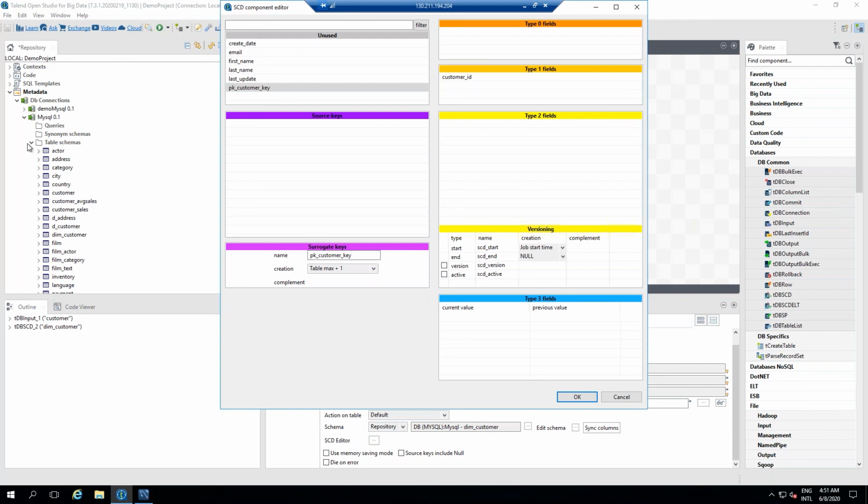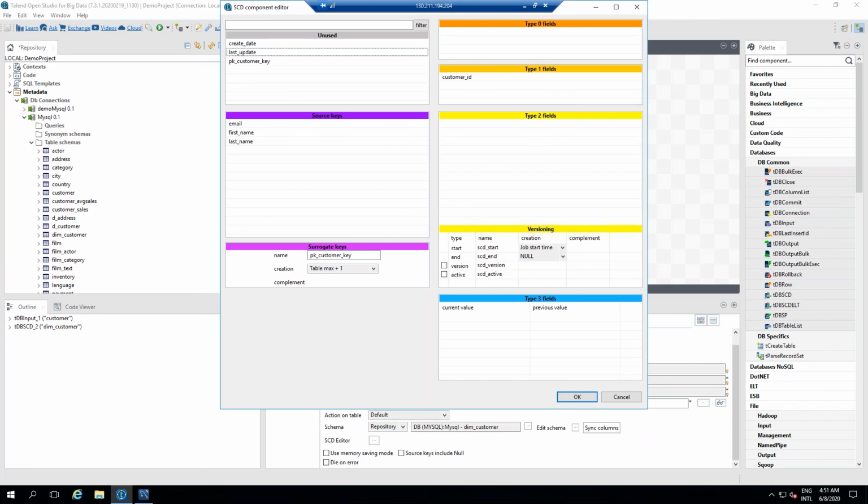Does it make sense? So once we have specified the source key, we have to take all those fields as part of the source key, correct?